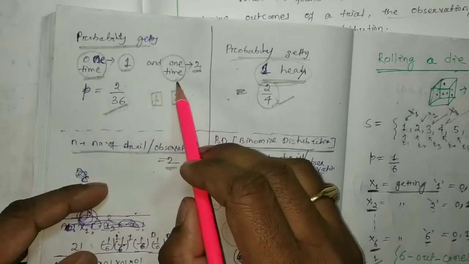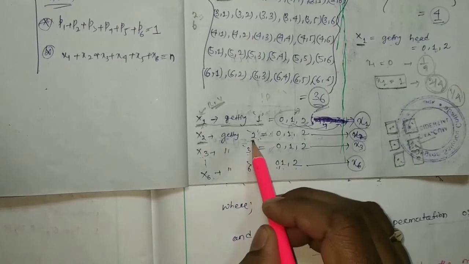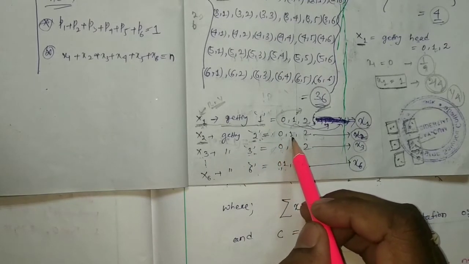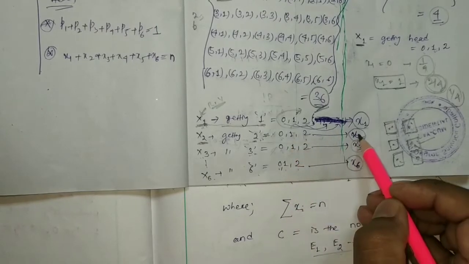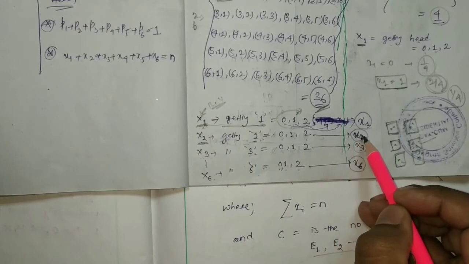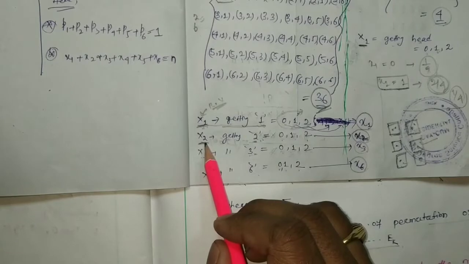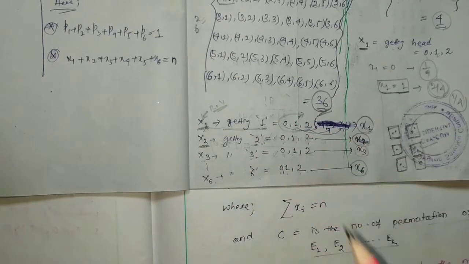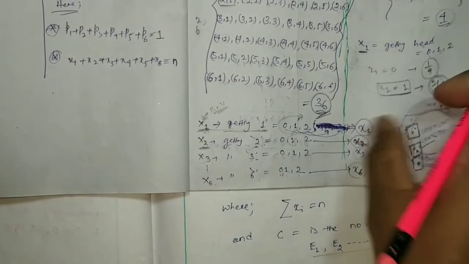So here for this random variable capital X1 the value is 1. Here we want 1 time 2, which means X2 represents getting 2. How many 2s do I intend to get? That is also 1. So x2, which represents the number of outcomes belonging to this random variable that I wish to get, is also 1. So don't be confused.